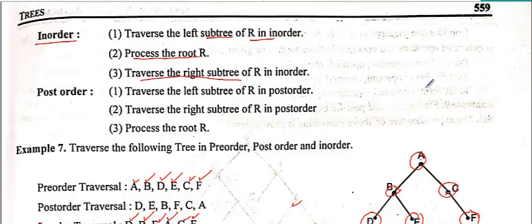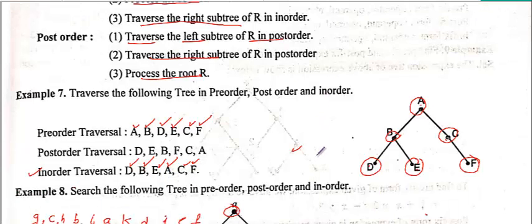Okay, so let's start the discussion of post order. The third process is the post order. In the post order, you will traverse the left subtree first, then right, then root. Means first left, then right, then root. Okay, so there is an example, already we have an example here. So first is the left, another right, then root. So first you will move to the left, then right, T and E, then root.